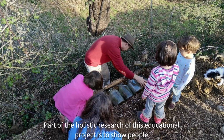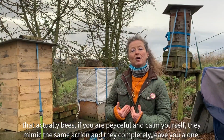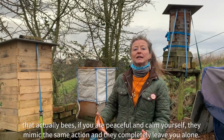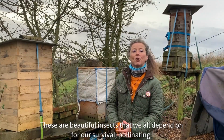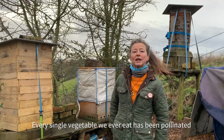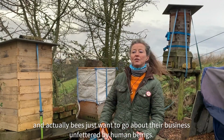Part of the holistic research and educational project is to show people that actually bees, if you're peaceful and calm yourself, they mimic the same action and they completely leave you alone. These are beautiful insects that we all depend on for our survival, pollinating. Every single vegetable we ever eat has been pollinated, and actually they just want to go about their business unfettered